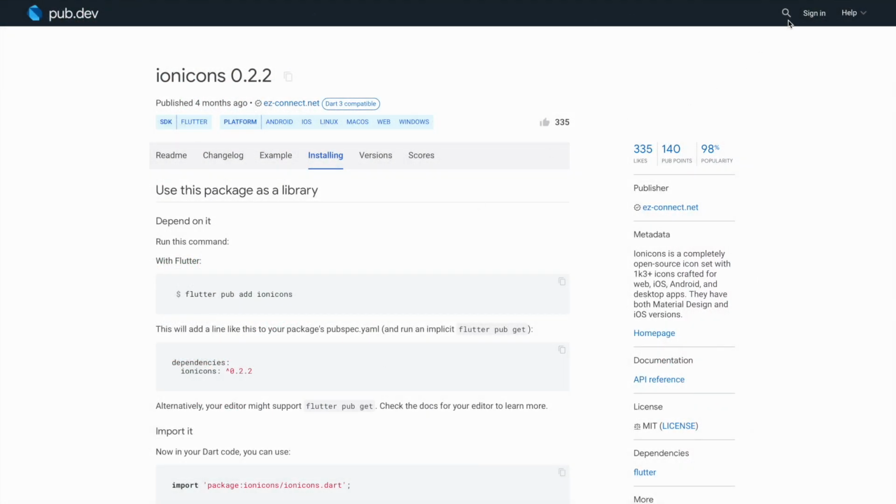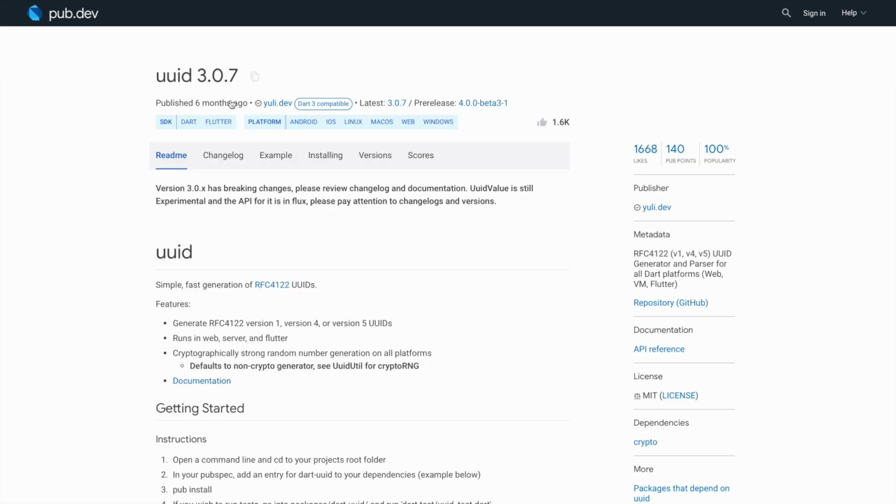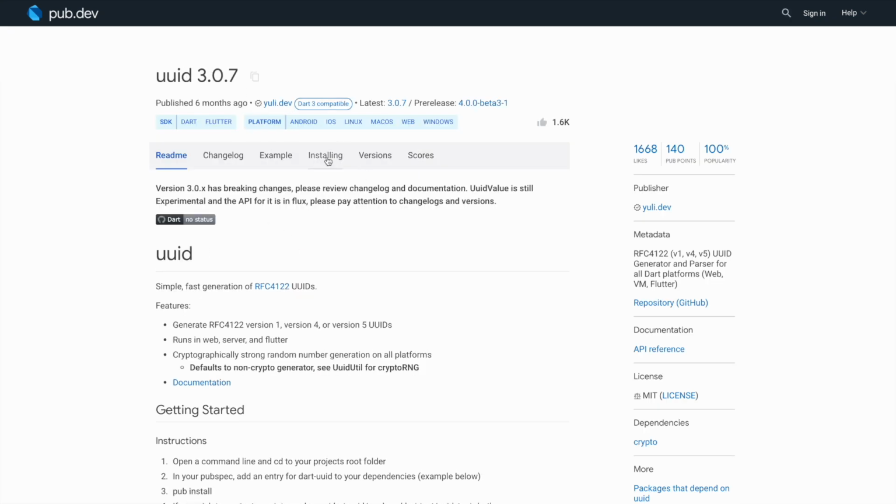Let's head over to pub.dev where we're going to get the package that we need to install, called UUID, and we'll search for it. This gives us the UUID package 3.0.7.